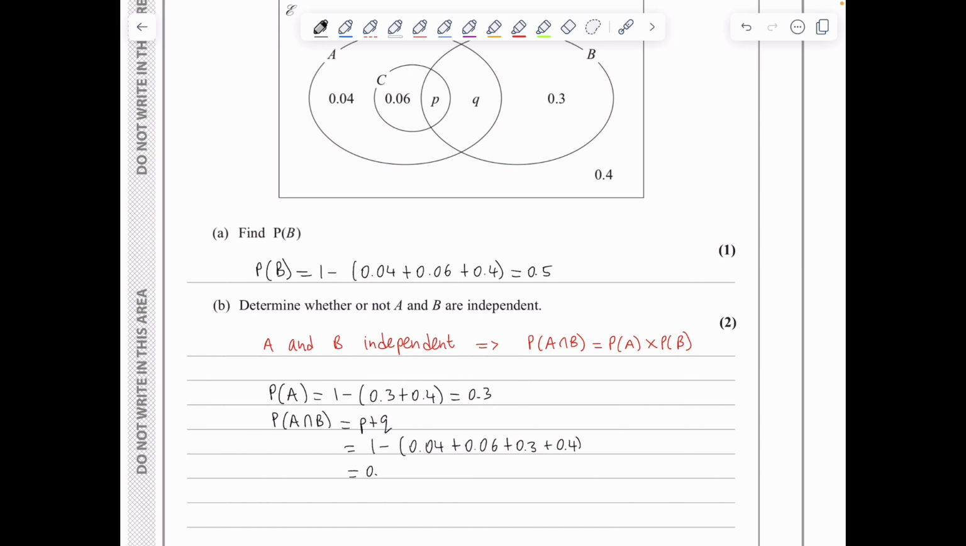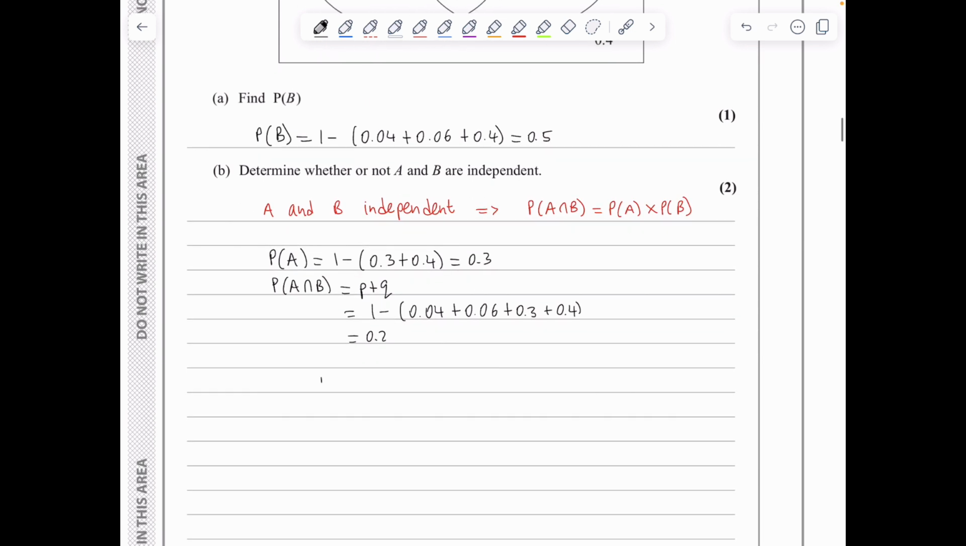of 0.2, and therefore we have that the probability of A times the probability of B is simply 0.3 times 0.5, which is 0.15, which we can see does not agree with the 0.2, which is the probability of A intersection B. So we say not equal to 0.2, which is the probability of A intersection B, and therefore we conclude that the two events A and B are not independent. Remember, you need to explicitly compare the product of the probabilities with the probability of the intersection to justify the